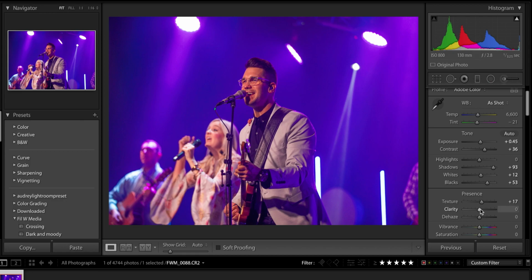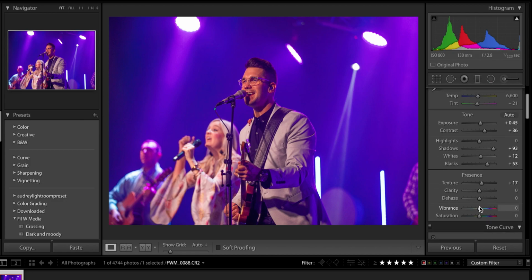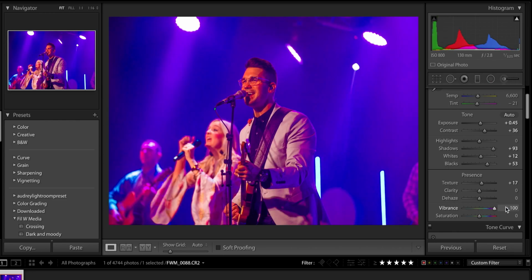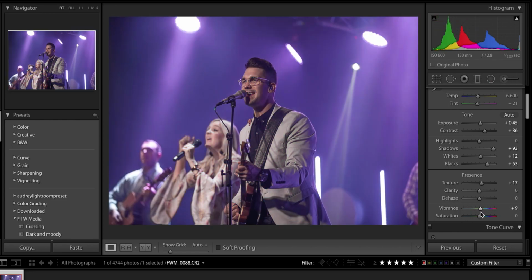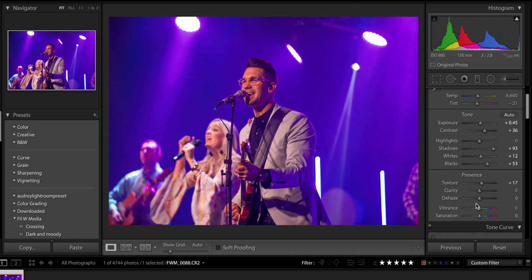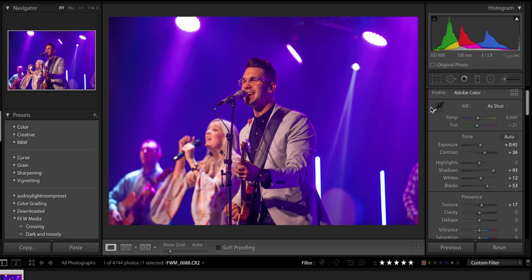Clarity, I don't really touch. Vibrance, I like where it's at. It doesn't need to be any more vibrant than it is. Unless you want to go for a black and white, that's up to you. So, color temperature. Whenever you boost your contrast, it turns the image a little orange. It kind of oversaturates just a little bit on the skin tone. So how do you get around it? I change my skin tones with my temperature. So I'll bump it down ever so slightly.